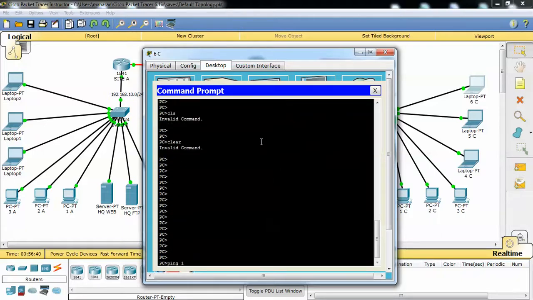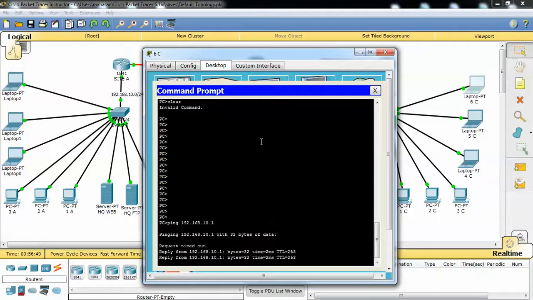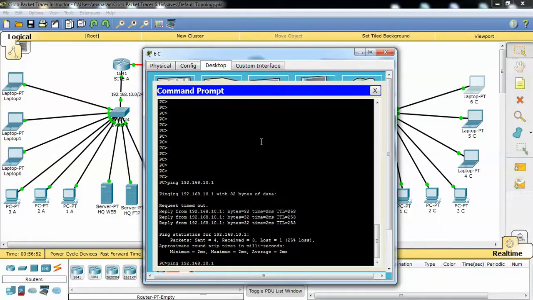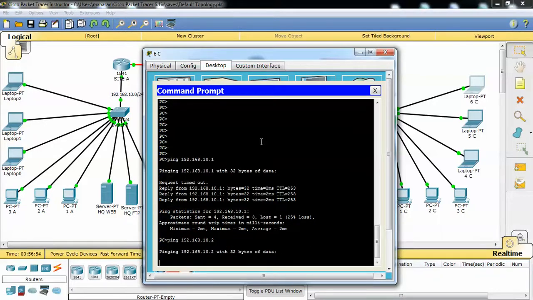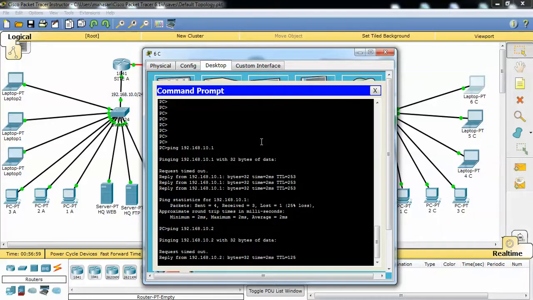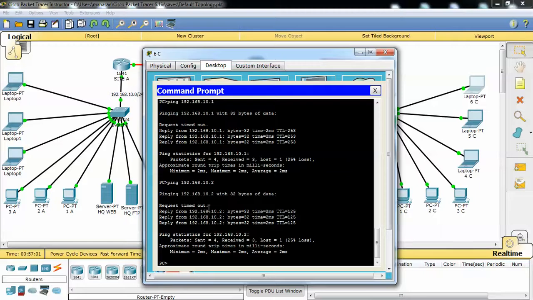Okay, ping 192.168.10.1. Okay, you can see that I have a response. Let me tell you why the first packet is a request timeout. The first packet is a request timeout because of ARP resolution. It does the ARP resolution protocol. During that ARP resolution protocol